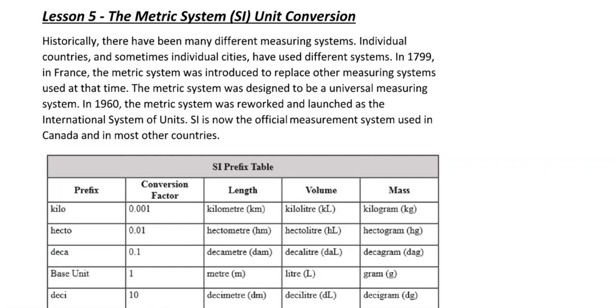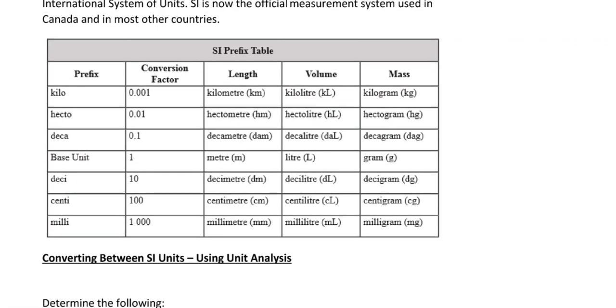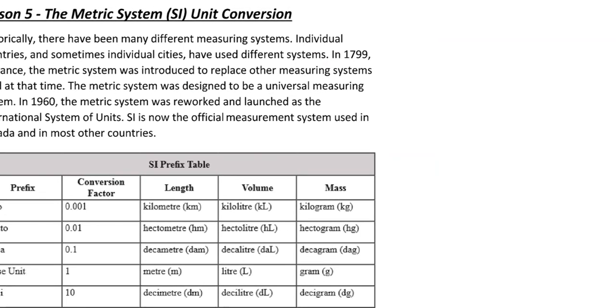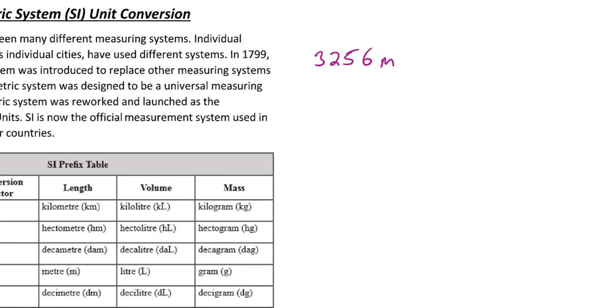And why is this gonna work out nice? I'll give you an example here. Let's say I had 3,256 meters, and I said, can you convert that to kilometers? A lot of people might pull out your phone and try to do the conversion scale or whatever, right? But this isn't actually too bad, because there's 1,000 meters in a kilometer, so there are 3 zeros in 1,000.